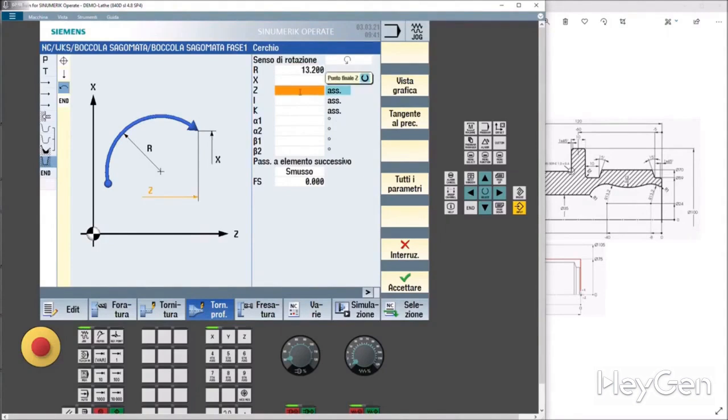The Z, we don't have it. We don't have anything at all. We have the I. What is the I? The diameter of the central point, which is 24. Do we have the K? The K is -8.